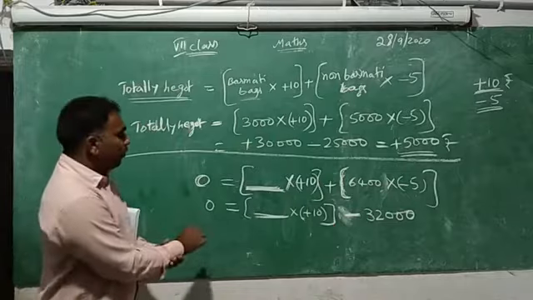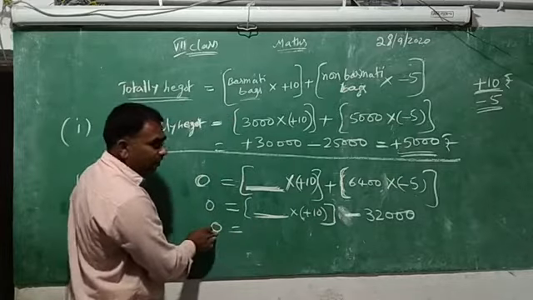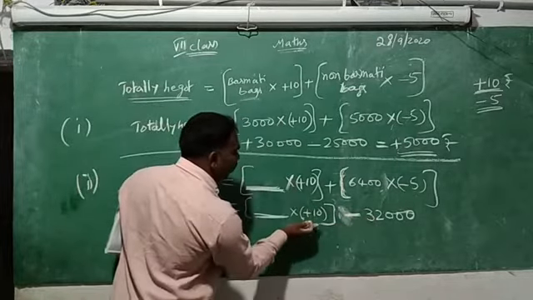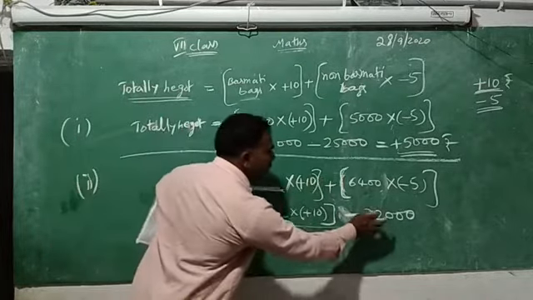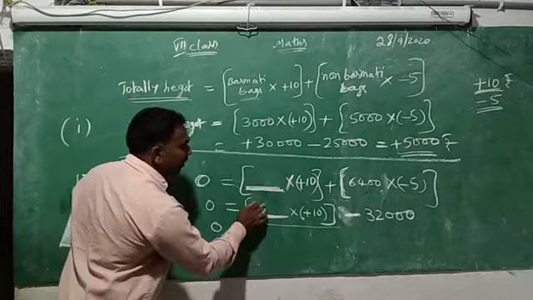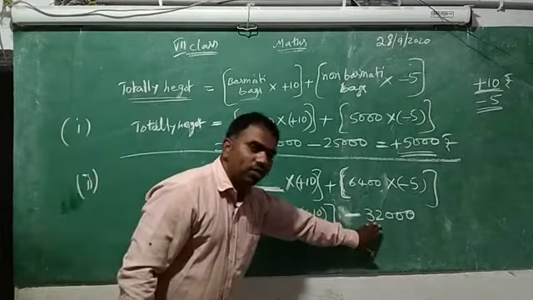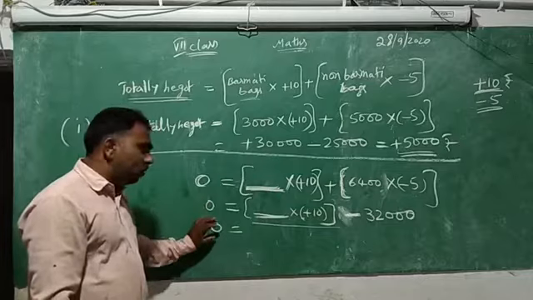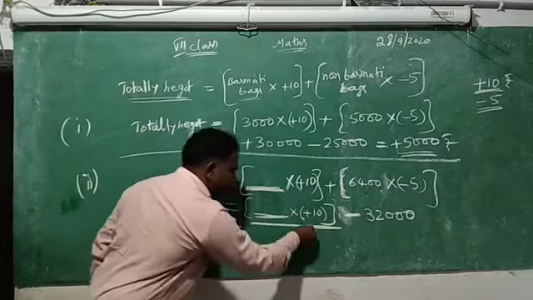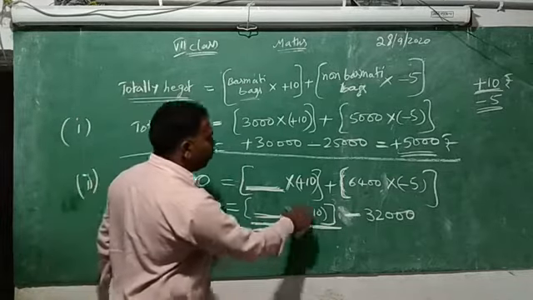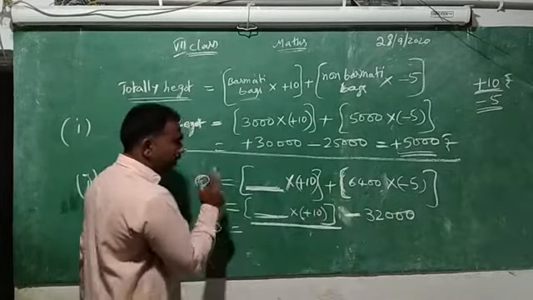So now you see here, 0 is equal to. If you want to get 0, here minus 32,000 is there. Here, what should come? To get 0, with minus 32,000 there, compulsory 32,000 should be here. I think you are understanding. Here minus 32,000 is there, here 0 is there. To get answer 0, compulsory in this place you should get 32,000. If you get 32,000 here, 32,000 minus 32,000 will be 0.